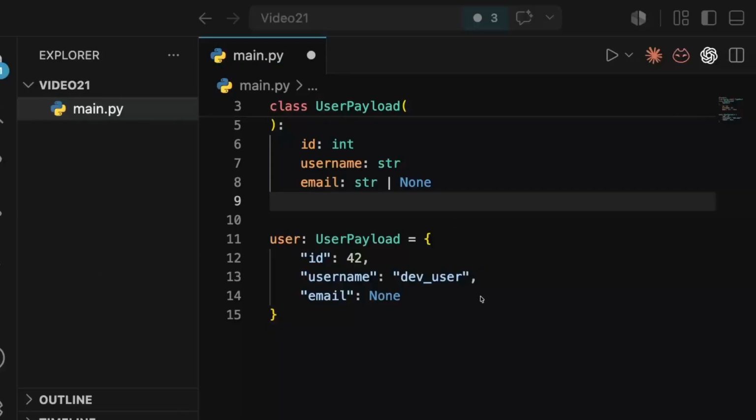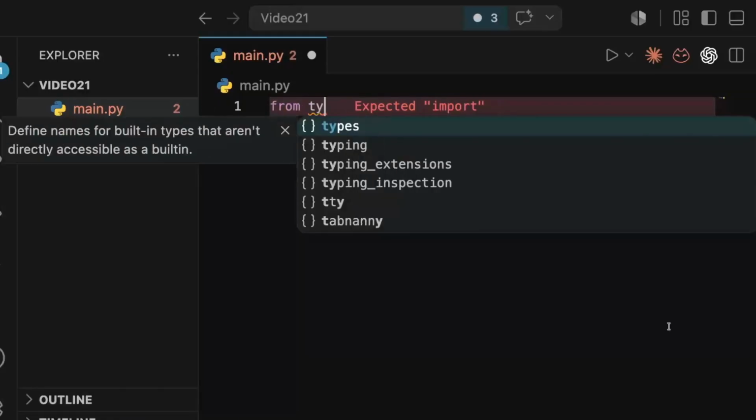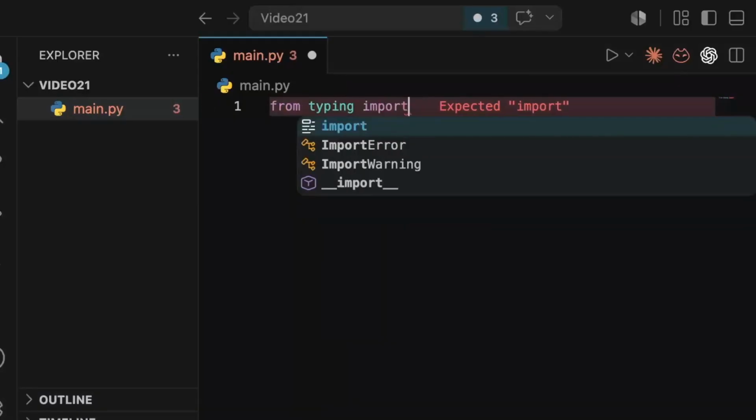Now let's briefly look at two advanced typing tools. Let me remove all this. Now the first tool we'll be looking at is called Callable. Callable describes functions as values. So again, from typing, what we will be doing is importing Callable,